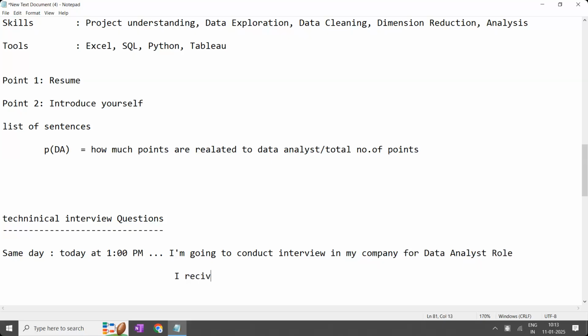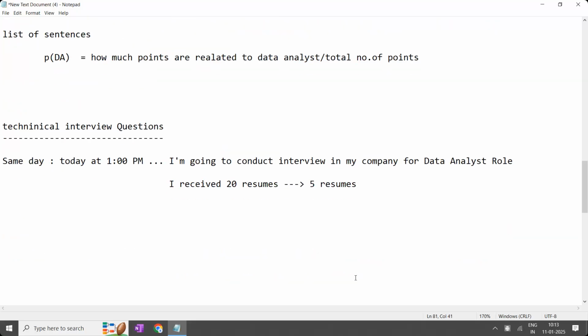And I received around 20 resumes. In that, I have shortlisted 5 resumes. How this will be shortlisted, I will discuss again separately. What the shortlisting criteria are and how you know these are the top 5, all these things we'll discuss. Assume the first 5 are shortlisted. After these 5 were shortlisted, I called all 5 of them for a face-to-face interview. Now the 5 people have come at 1 o'clock for the interview. Now, for the 5 people, I'm going to ask the same question, sir.